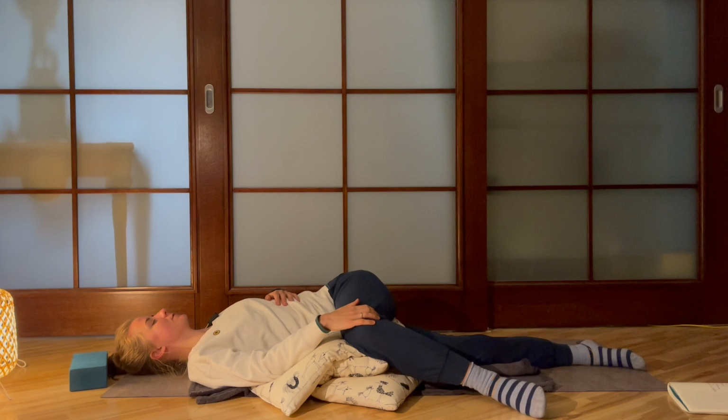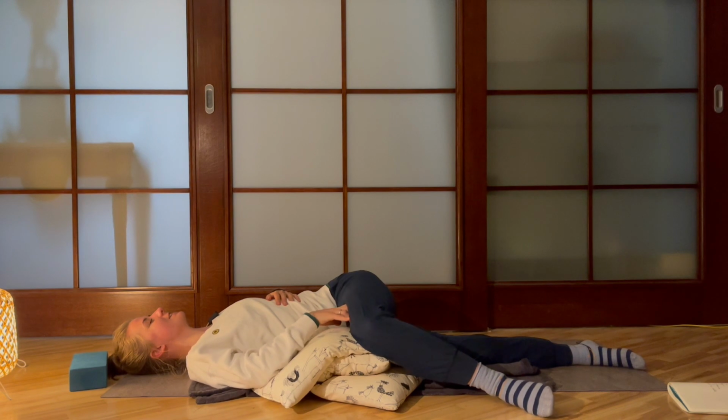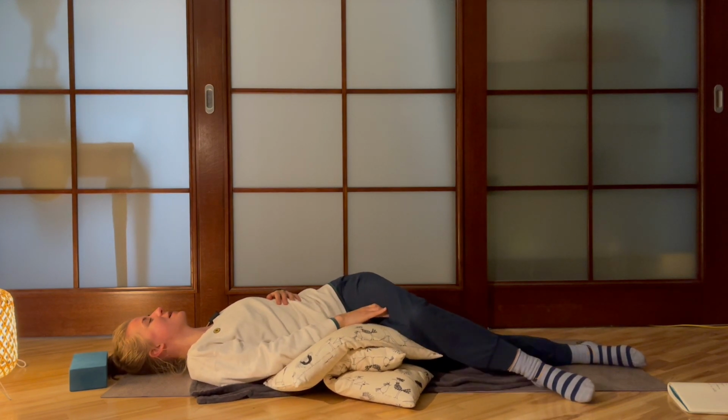Two more cycles of breath, calm inhalations through the nose, calm exhalations. Then again, taking your time, perhaps helping with your right hand to push your left leg back,